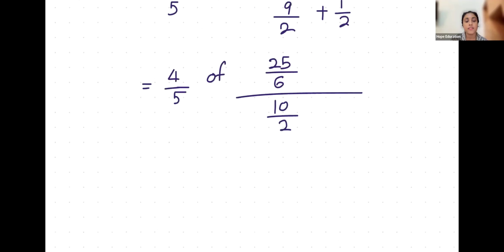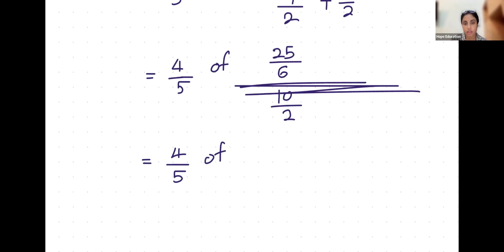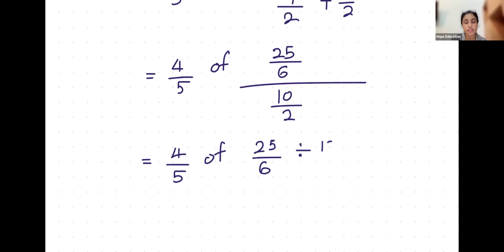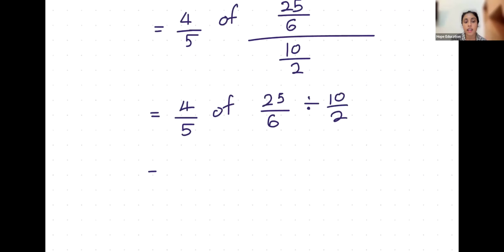Okay. Then 4 over 5 of, now this division is like this now. I convert it to the division sign. So 25 over 6 divided by 10 over 2. No? So I put the division mark like this, 10 over 2. Then it's easy for me to do the simplification. Then 4 over 5